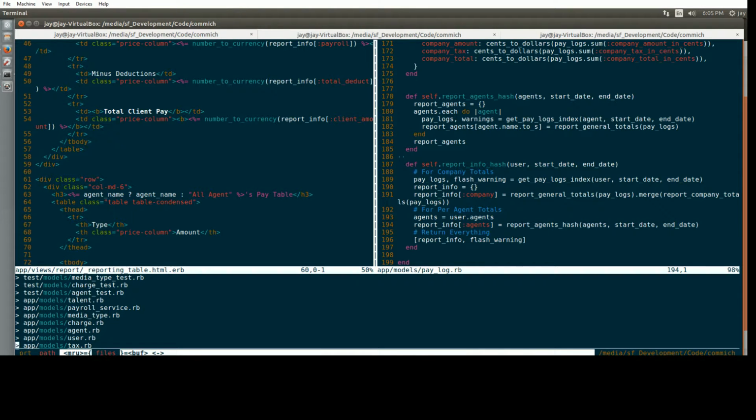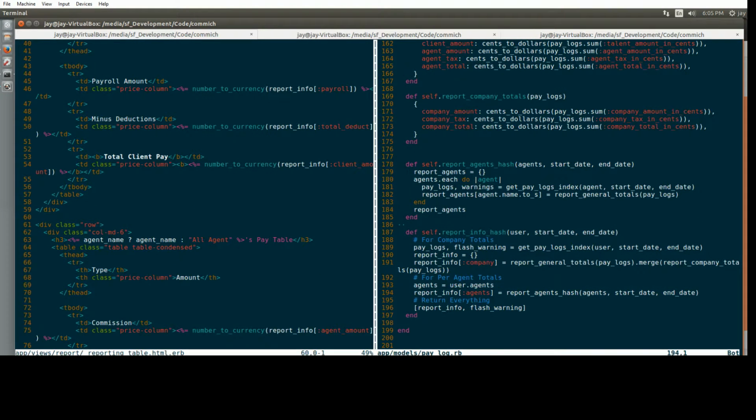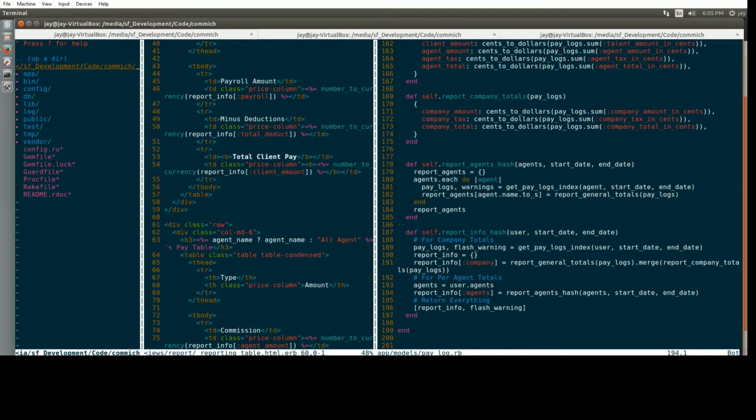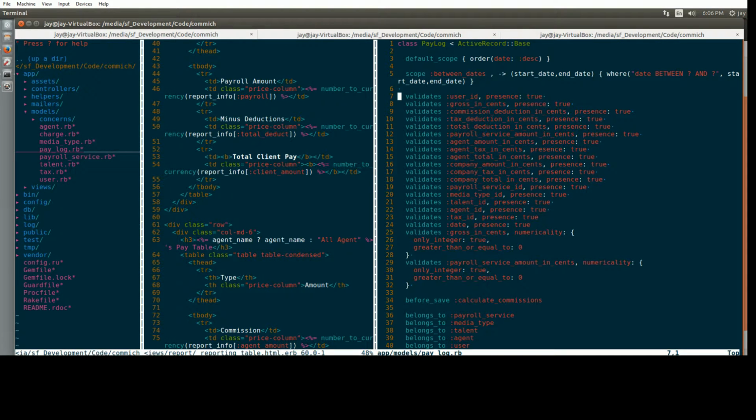What the heck? What happened to my models paylog file? App, models, paylog. I wonder why it wasn't finding it. Well, maybe because it was already open. Really? Okay, so I'm just going to